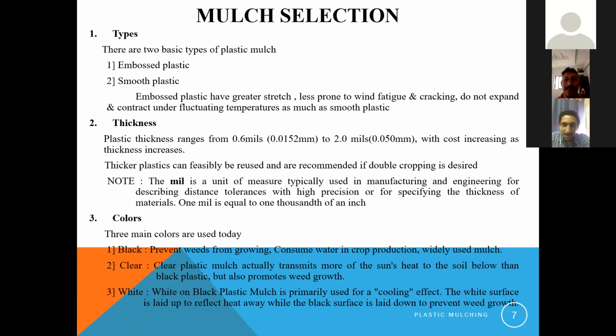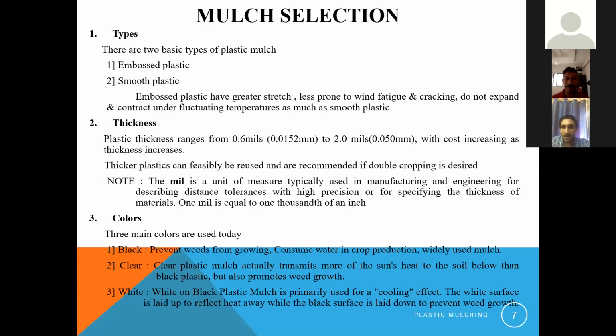Also it reduces a lot of soil erosion, and it reduces the moisture evaporation from the soil, and also it prevents the weeds which grow under the trees.